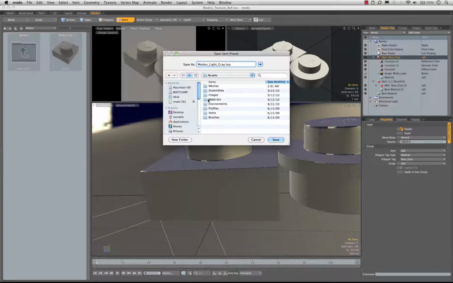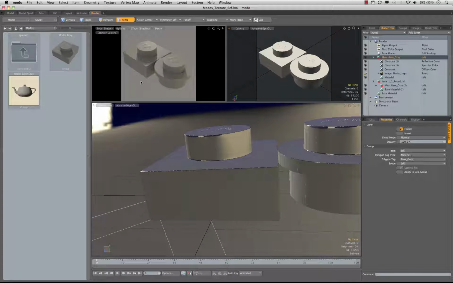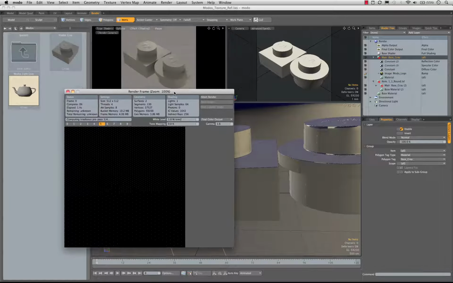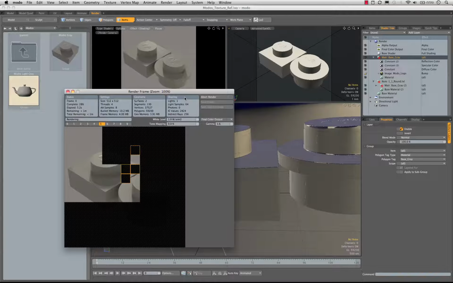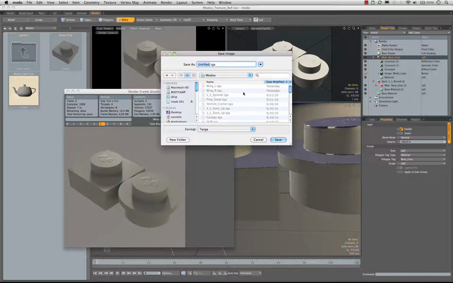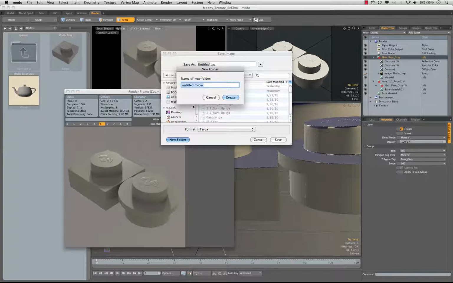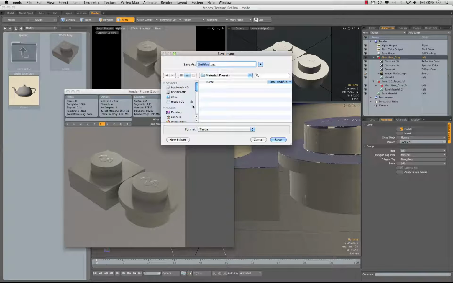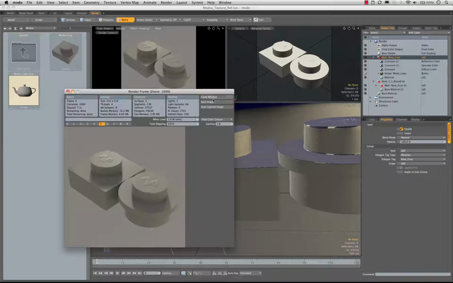Nope. So let's go back to assets, materials, Modo. Well, there it is, Modo right at the top. And let's save that. And while we're here, I'm just going to go ahead and fire off a render. Okay, and we'll save this image. We're going to put this here with all our other ones. I'm just going to make a new subfolder in here that I'm going to call Material Presets. I'll call this light gray Targa. So let's